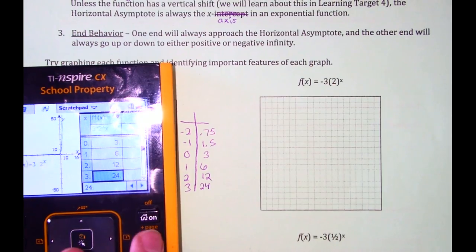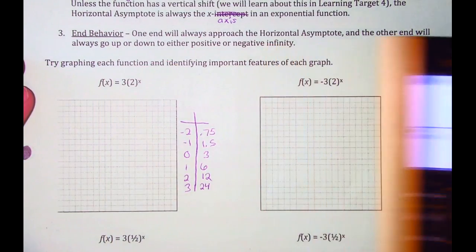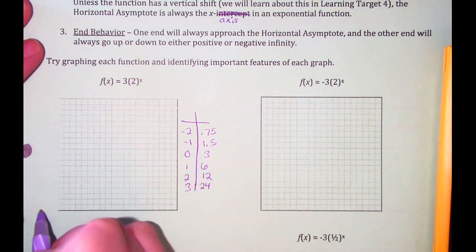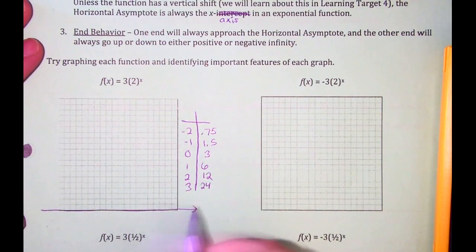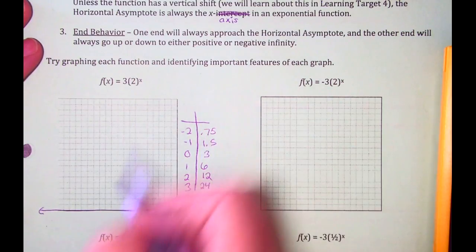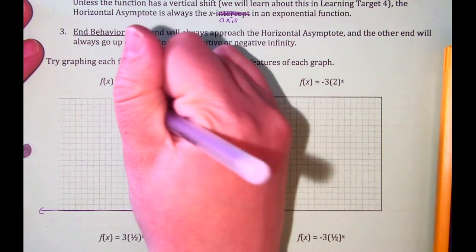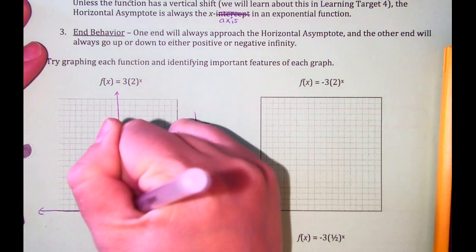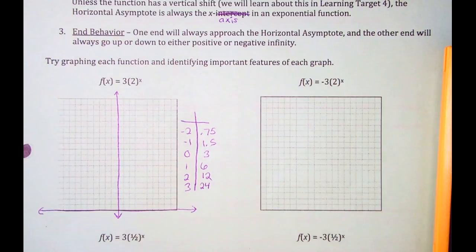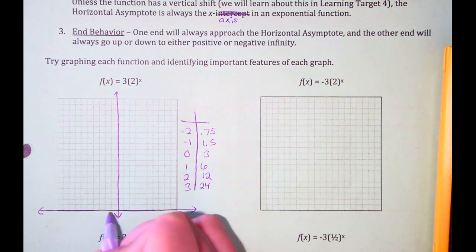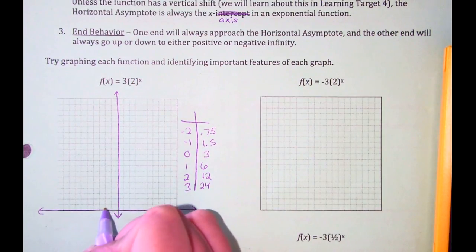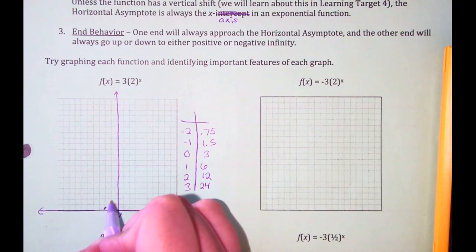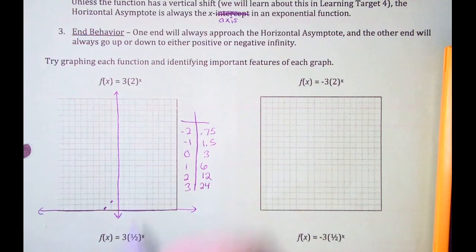So now I'm just going to plot those points. So on this graph, I don't need the negative y values because it's just going to keep getting closer and closer. I'm going to make my y-axis right through the middle. And then I'm going to say -2, 0.75. -1 is 1.5. So right there. 0, 3,